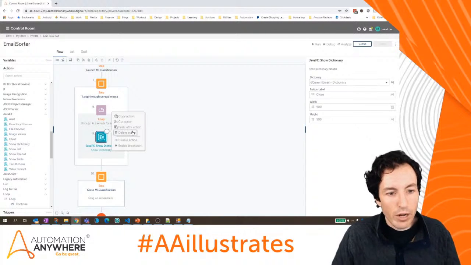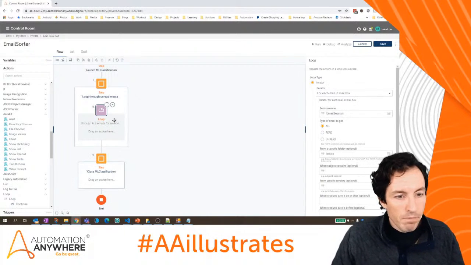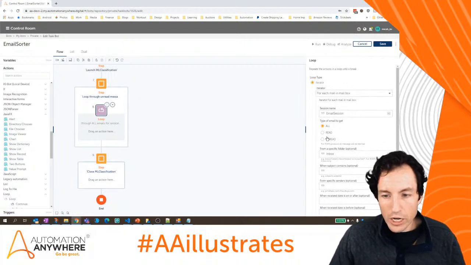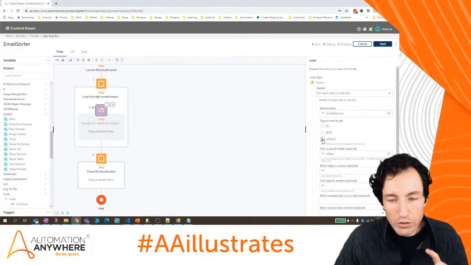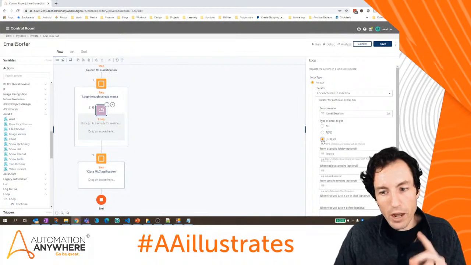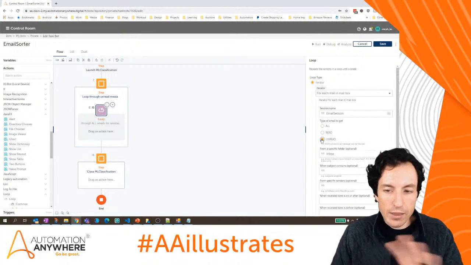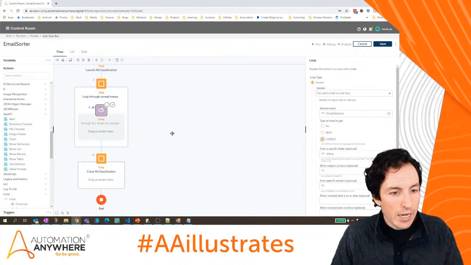All right, so I'm going to delete this. So we're inside of our loop. I'm going to change this now to only show unread. Okay, so remember that point. I'm only showing unread now because I got the dummy email that I wanted. And inside of our loop,